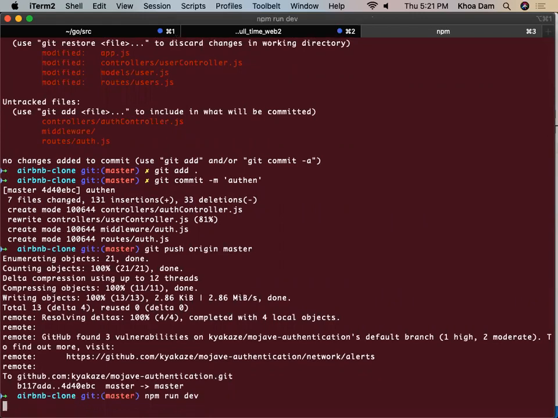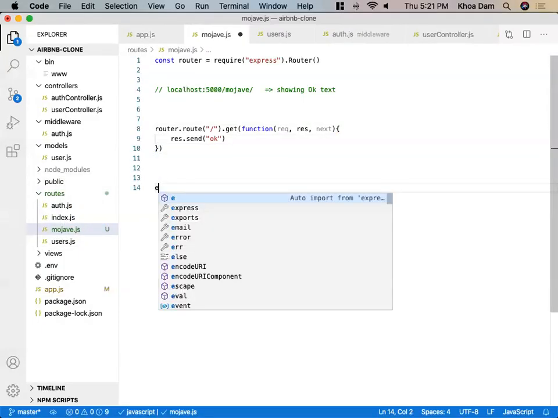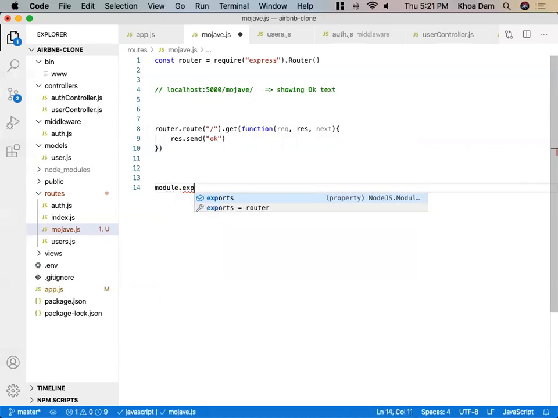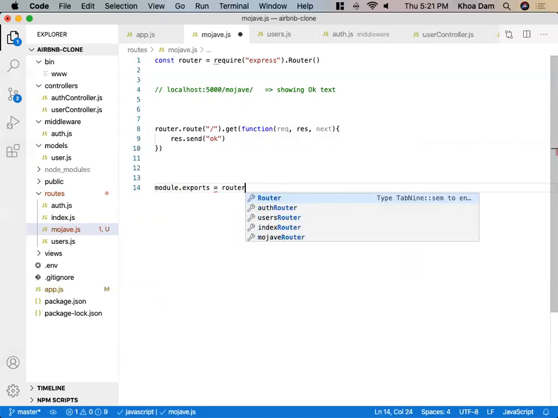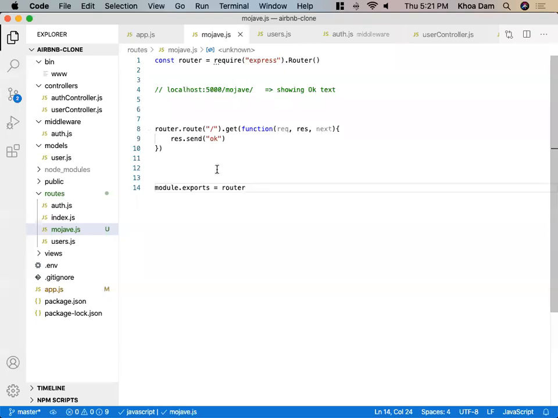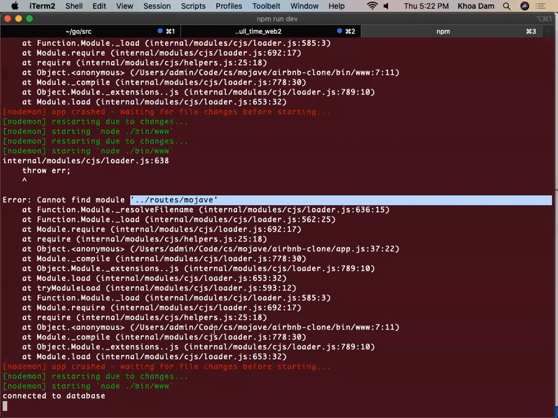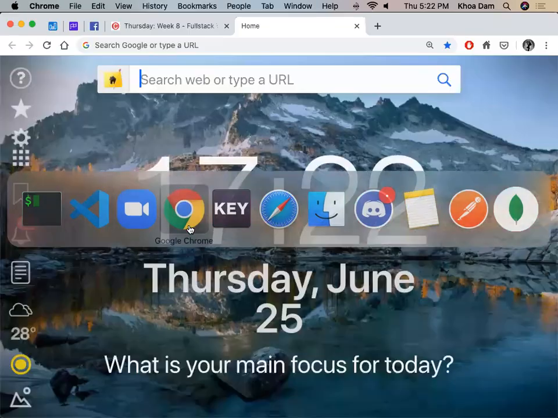Test my app. npm run dev. Right, nothing wrong. No, there's something wrong. Can't run file. Oh, I didn't export it. module.exports equal to router. Set. Cannot find module. Oh, are we in the correct folder? Oh, from app, you don't have to go back anymore, just go inside browse. Okay, done. Cool. Now if I go to that page,